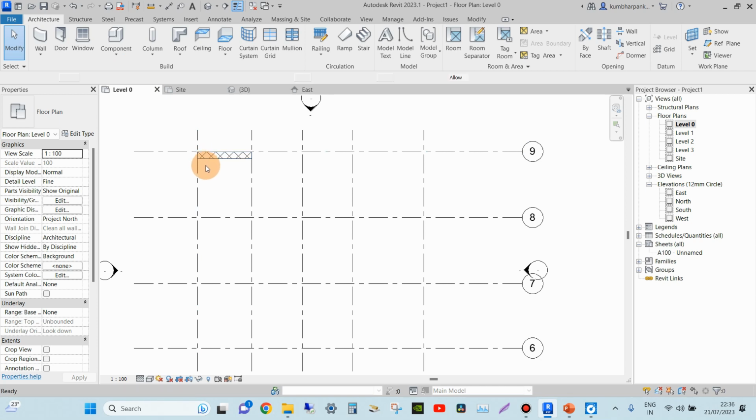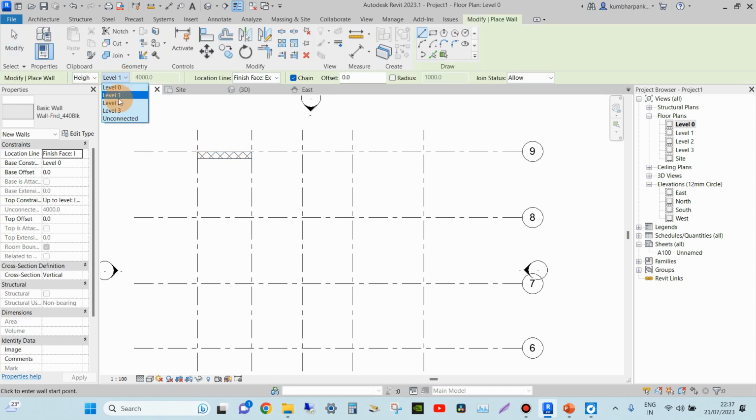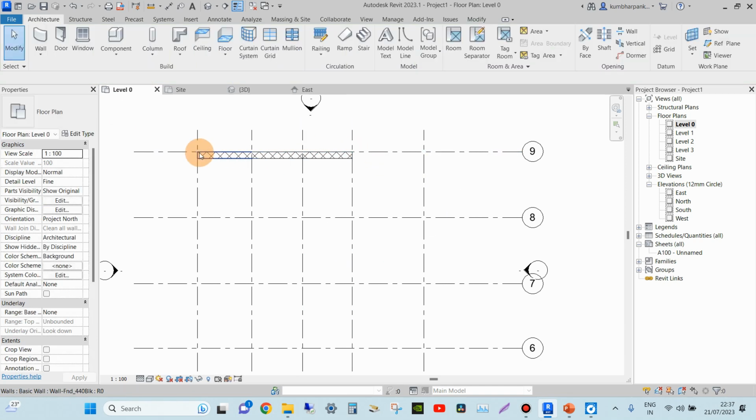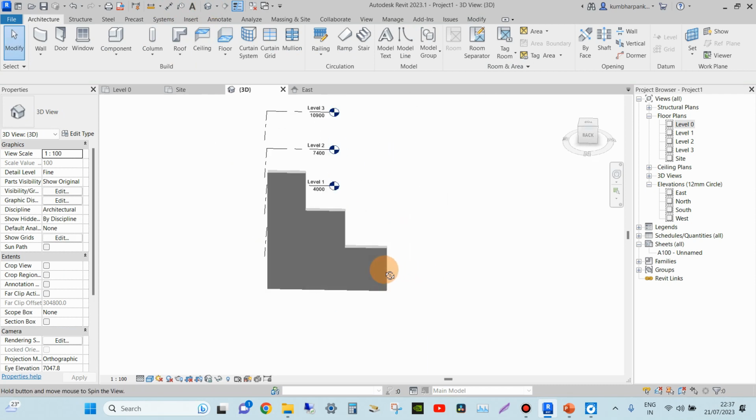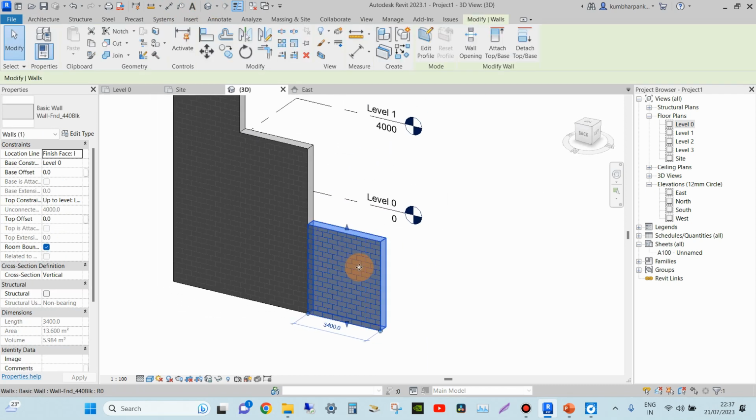Then, again wall, I want from 0 to level 2. Again wall, I want it at 0 to level 3. Okay. So if you go into the 3D option, see, this was the first,